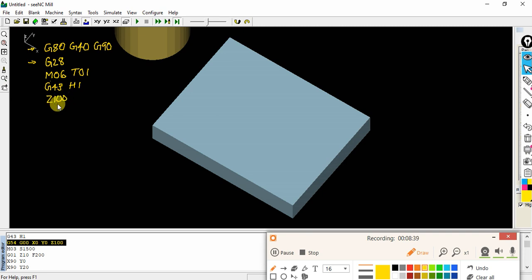I have defined the offset and kept the tool above the work part, that is Z100, so that the total thickness I assume is 12. If I mark from the bottom, if this is 0, my 100 will be somewhere here. The initial position of my cutting tool will be X0, Y0, Z100, the distance from the bottom part. So that will be 100.